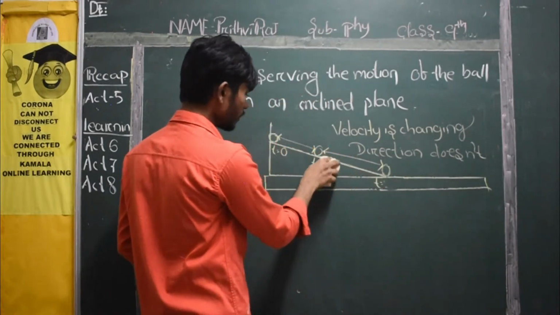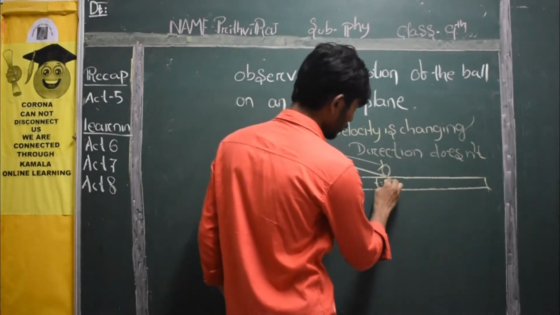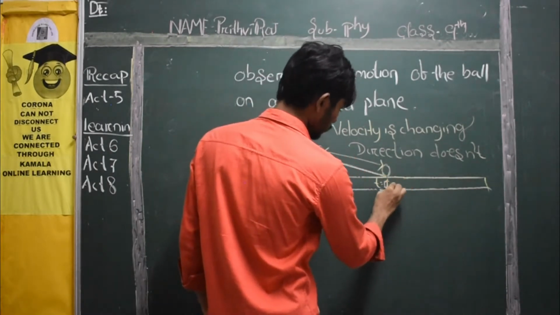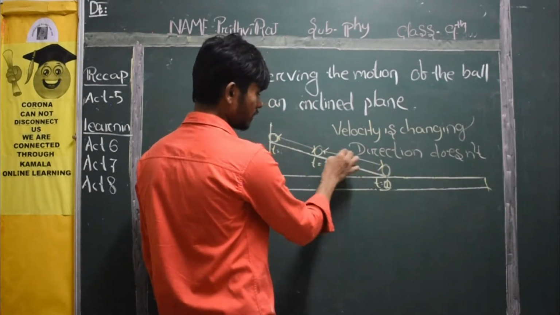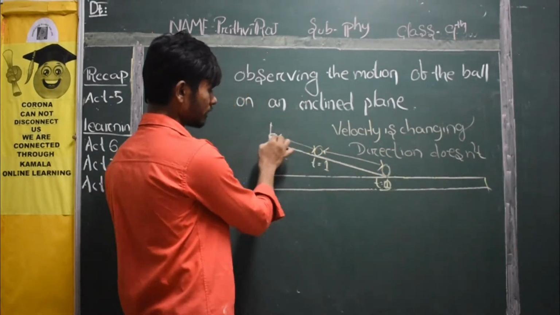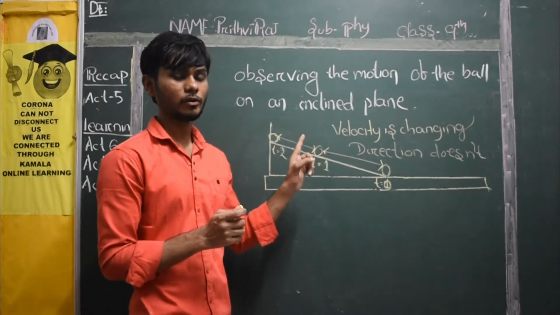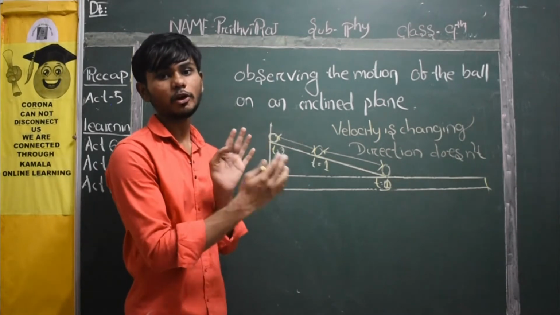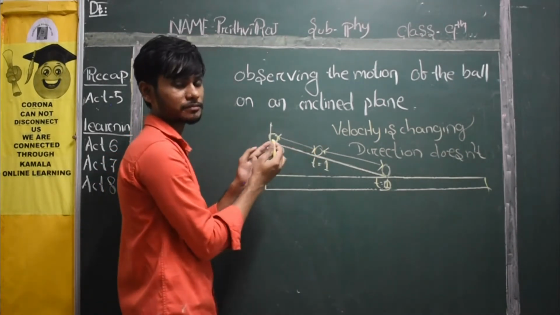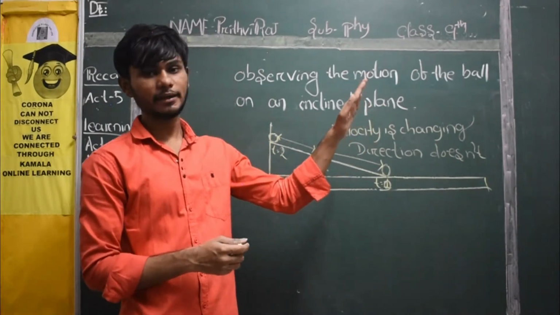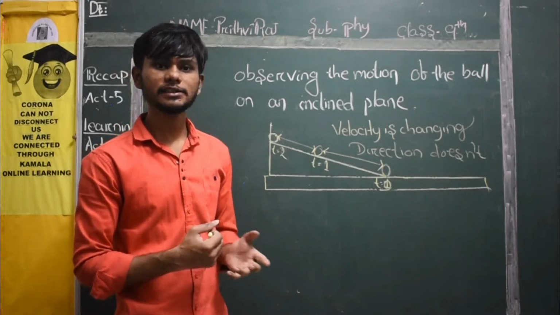Reverse method now we are doing. Just suppose t is equal to 0. When t is equal to 0, distance is equal to 0. Then t is equal to 1. You can see. When t is equal to 2, you can see. Students, here you just assume that in the first second slot it covered a lot of distance, but here in the first and second slot it covered the least distance. Why? Because the plane is inclined. If a plane is inclined, the velocity will decrease as usual. Right? It is a general truth.